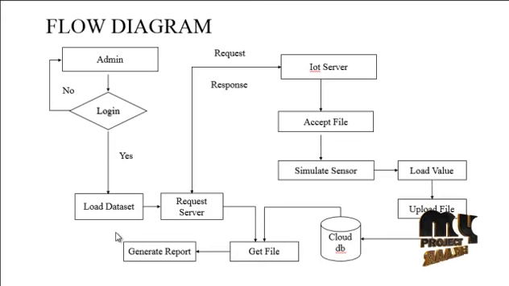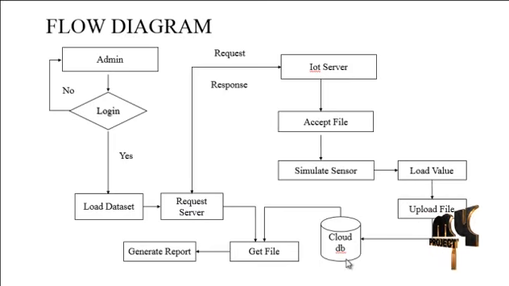After the successful login, the admin wants to load the dataset. After loading the dataset, it is requested to the server. That means the dataset consists of latitude, longitude with city's name. So the dataset is sent to the IoT server. The IoT server will then accept the file, simulate the sensor values, load the values and upload it